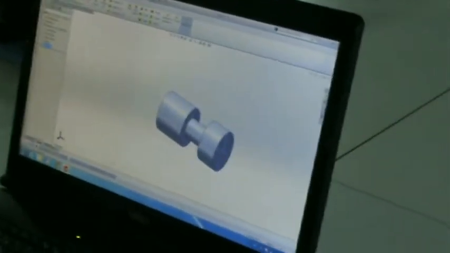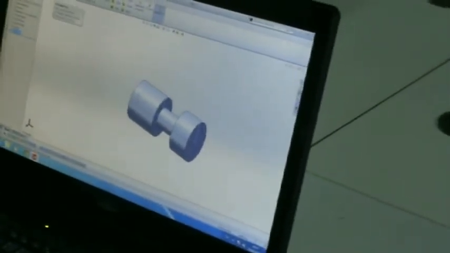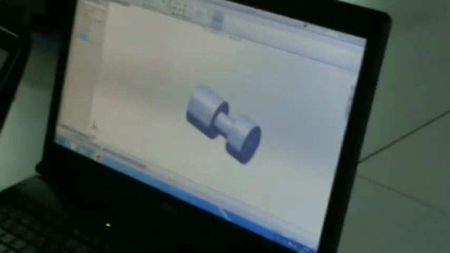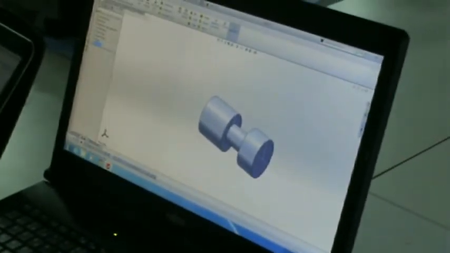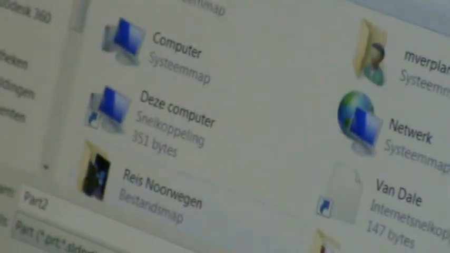A drawing. First, save this, because when you don't save it, you can't make the link of the two parts. So I can use save as. I'm going to put it on my desktop, and I'm going to use